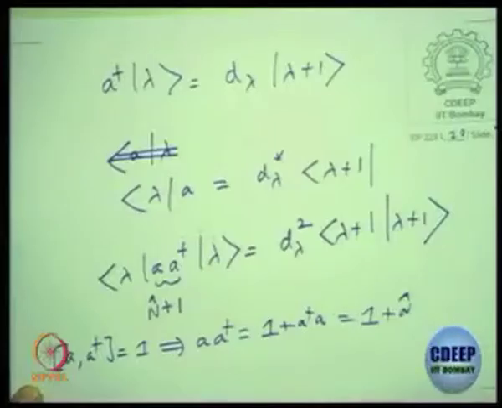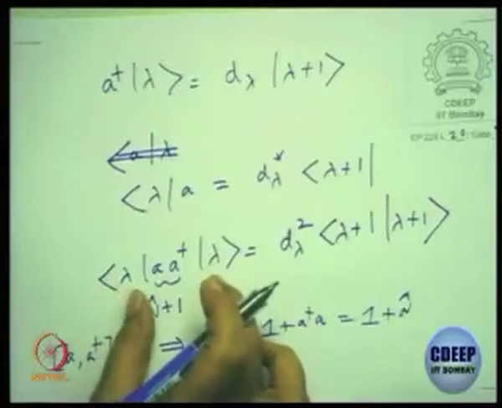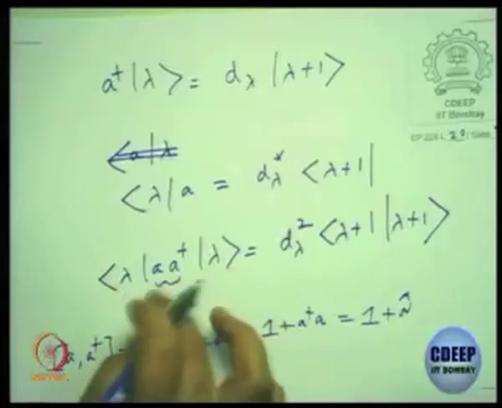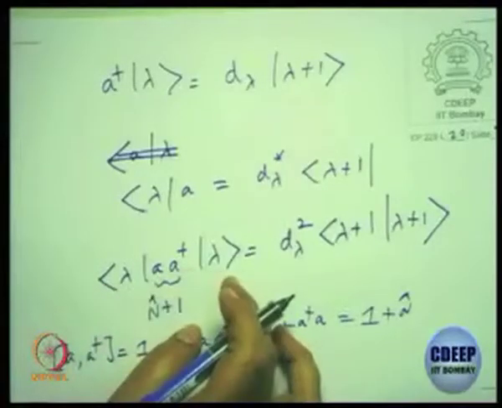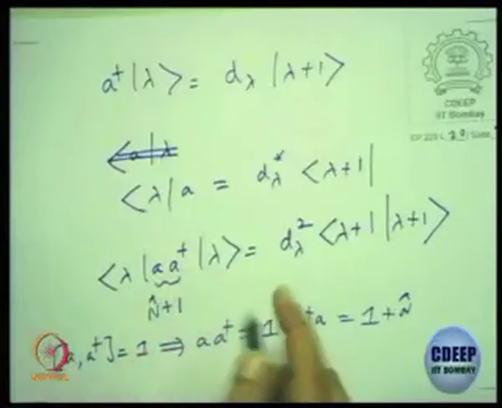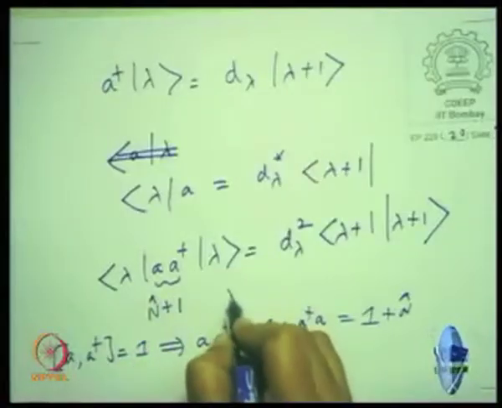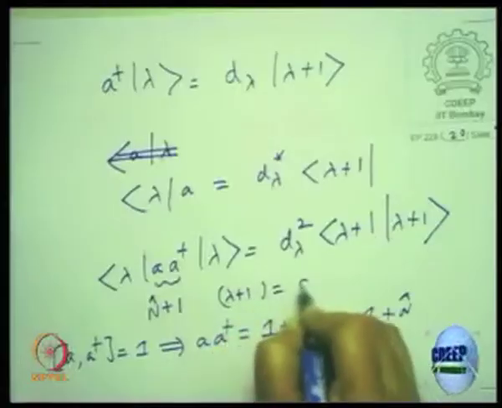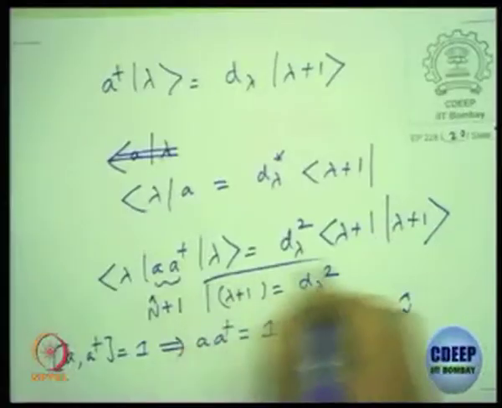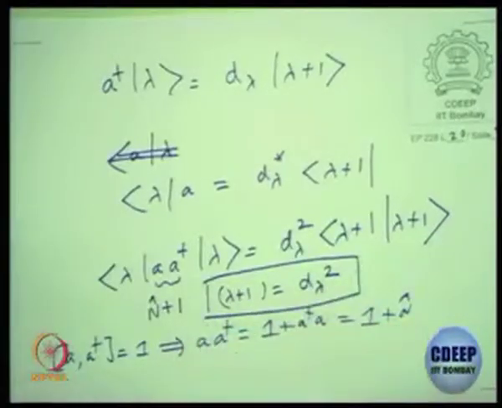Okay. So this will give you lambda plus 1. Okay. So you will get lambda plus 1 to be d lambda squared. So that tells you